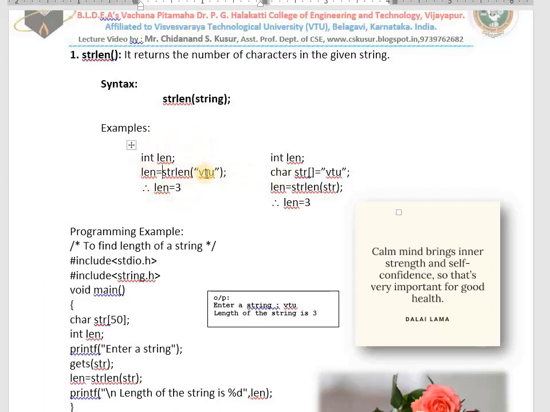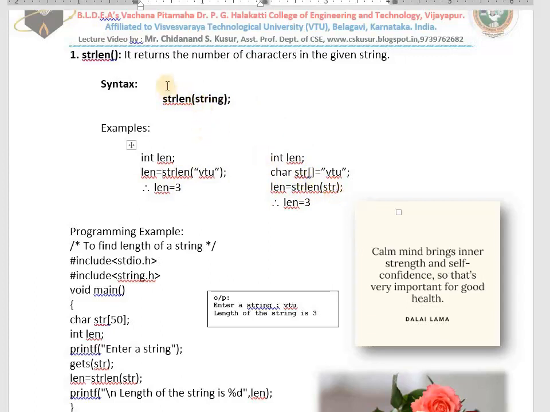Okay, directly this is string constant. String constant has been used to find the length. Look at this example. int len; char str[] = "VTU"; str is a string variable now. It is having the string VTU. len = strlen(str). You can give string constant as an input or you can give string variable as an input. We get the length. You can write both the examples. What is the syntax? strlen is must. Then string. It might be string constant or string variable.